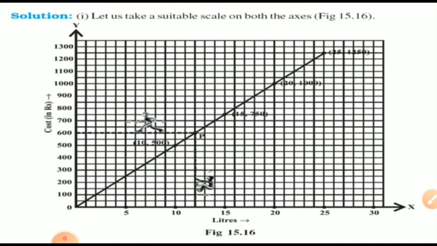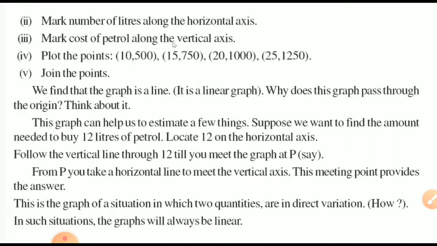Yes, see, the line is going straight way up, isn't it? But what you can say, let us take a suitable scale on both the axes. Here liters and here the rupees. 5 liters, 10 liters, 15 liters, 20 liters, like that. 10 liter का कितना बेटा 500, तो 20 का 1000. Isn't it बेटा? Yes. 15 liter का इतना.